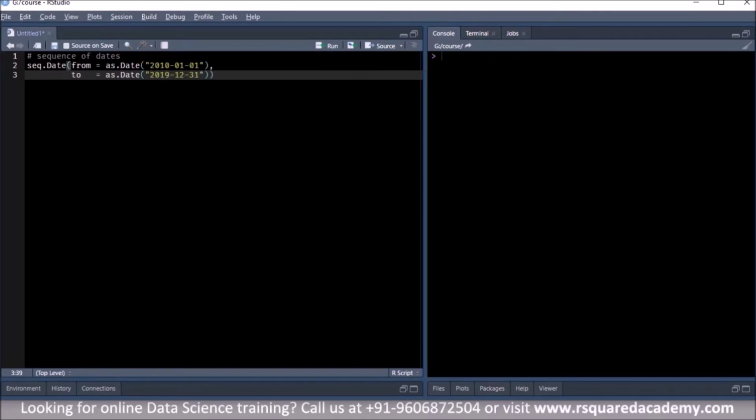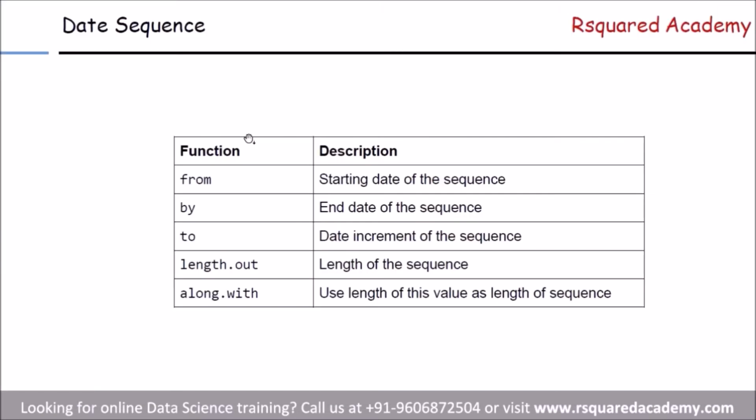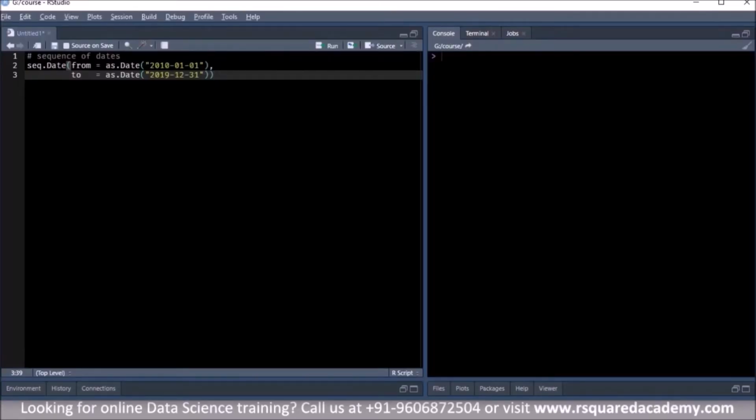So we have the start date of the sequence using the from argument, and we have the end date of the sequence using the to argument.